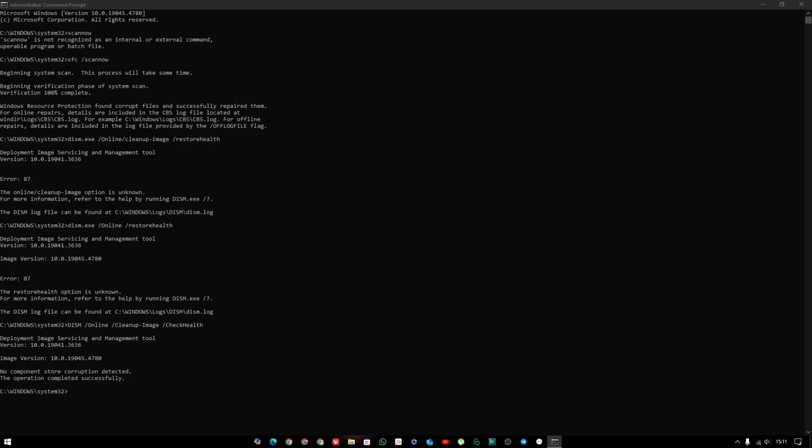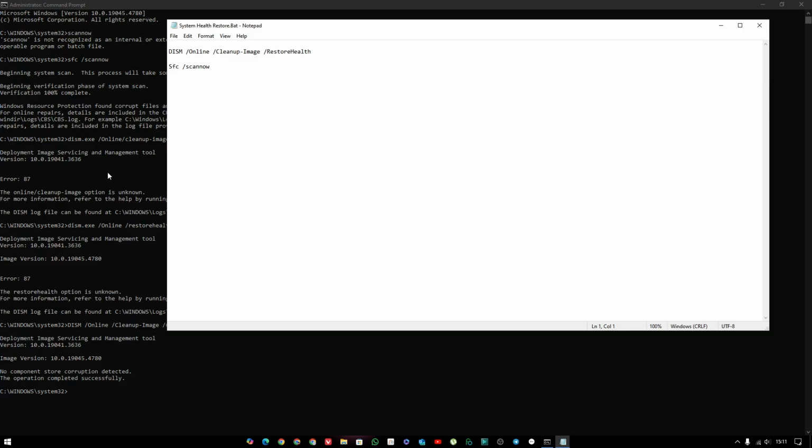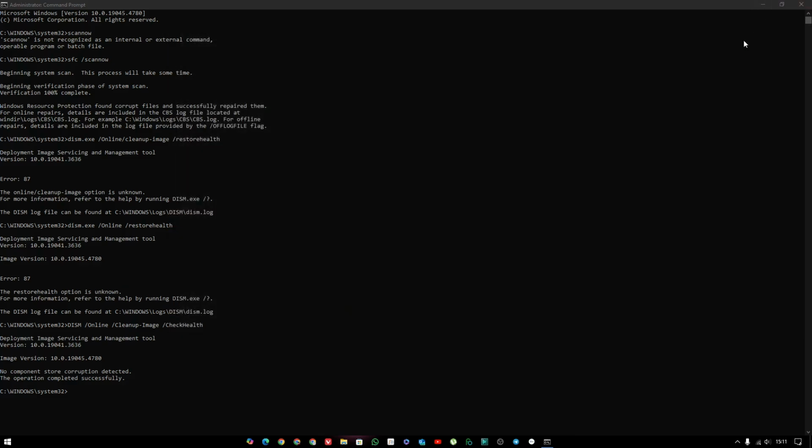And there we go. Here we are. This is all you need to do. Open up your Notepad. Leave the first line blank, like this is how I did it, then type this in. Leave a line space, then type this in. Save it as whatever you want to call it. I call it System Health Restore. Save it as whatever file name you'll remember, and save it as a .bat file, which is a batch file. And you can close it, and then when you navigate into your folder where you've saved it,